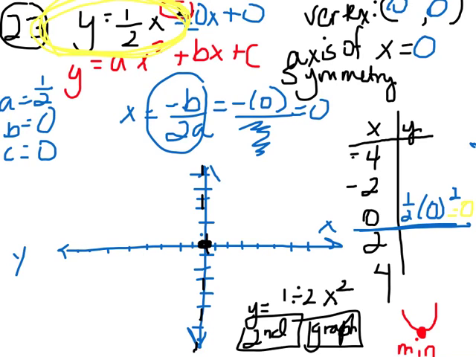Now, I chose even values here because I'm going to square the number and then multiply by 1/2. So I just kind of wanted some even numbers because I don't like graphing fractions. If you put this in the graphing calculator, one thing you can do is pick nice whole numbers to graph, but you always need some on both sides of your vertex. So it helps to find your vertex first, and you need some to the left of it and some to